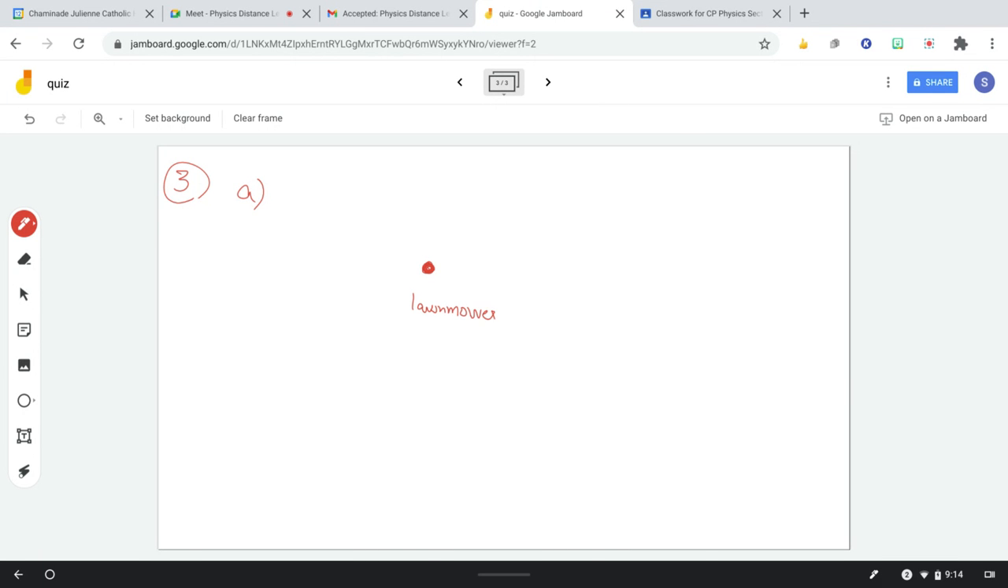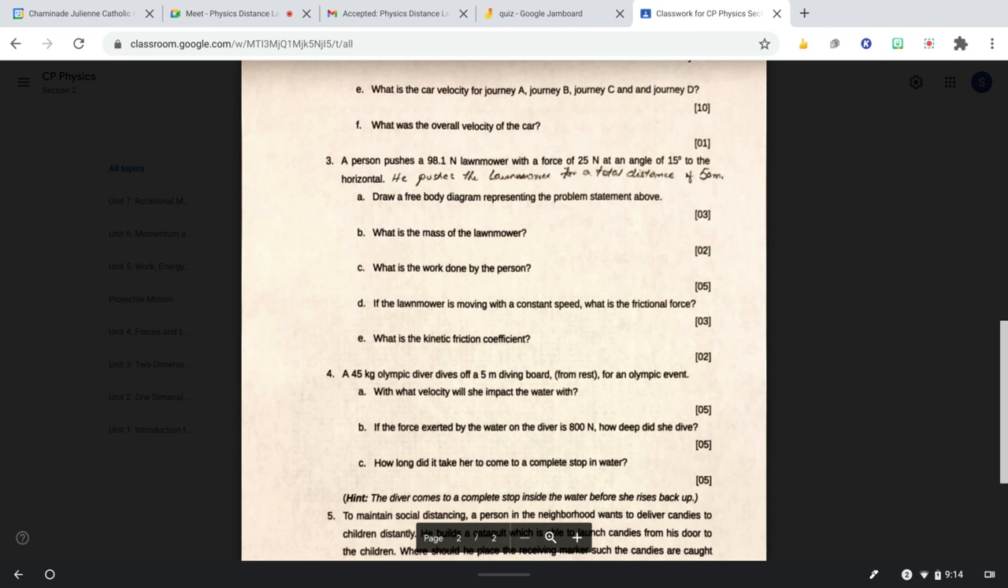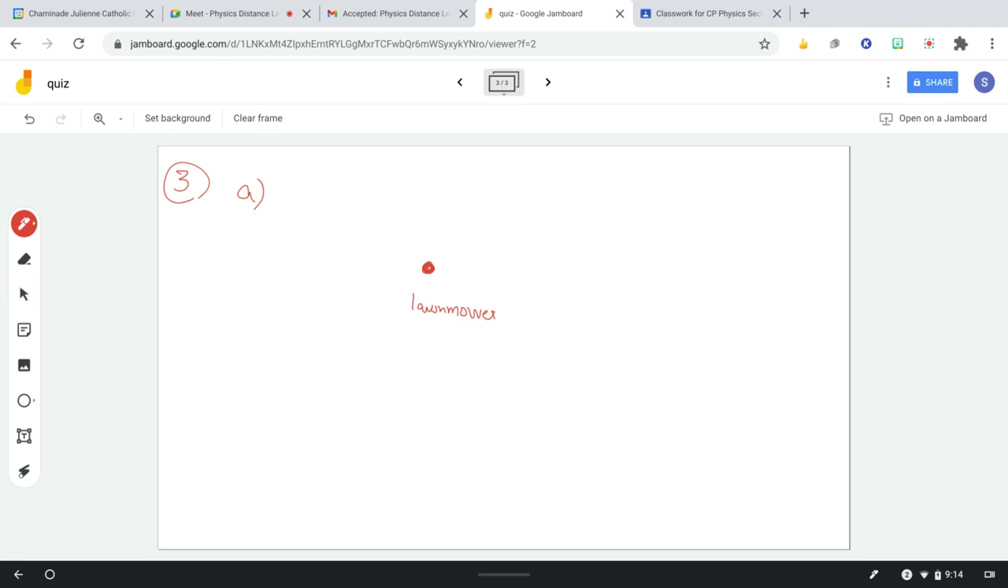Now, the question specified that there's a person pushing a 98.1 Newton lawnmower with a force of 25 newtons at an angle of 15 degrees to the horizontal. So you've got a 25 Newton force applied here, and the weight of the lawnmower is given to you, and that's 98.1 newtons. The other two forces that you could have had added to this as well,